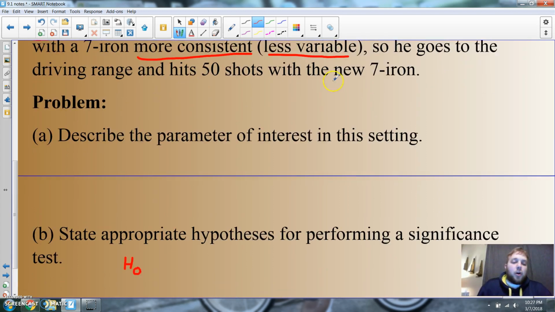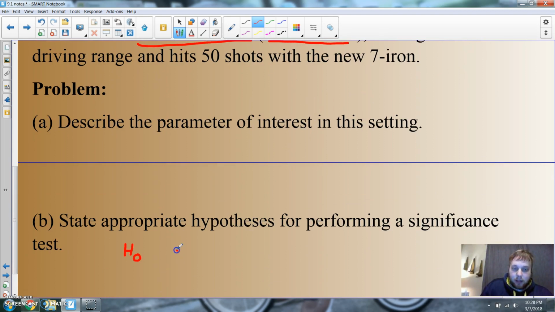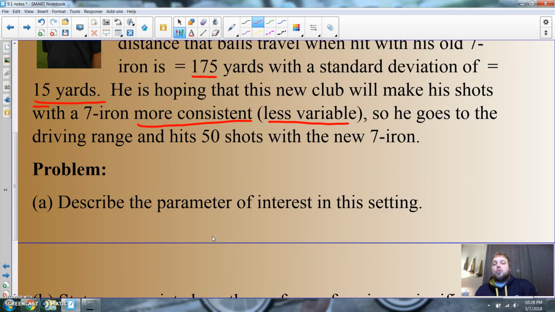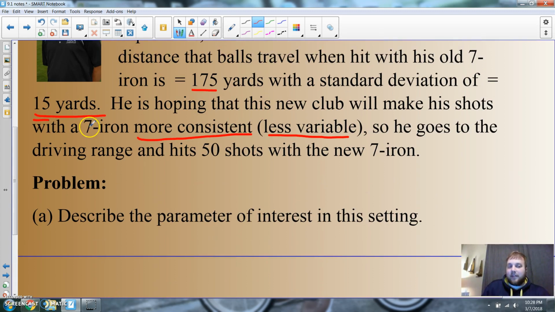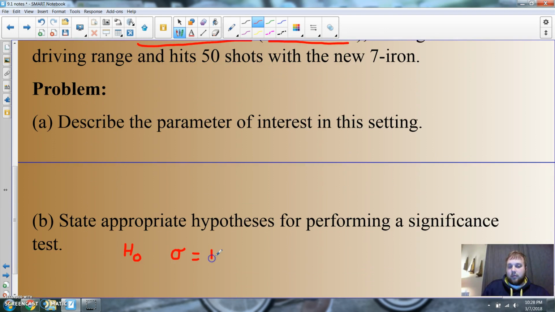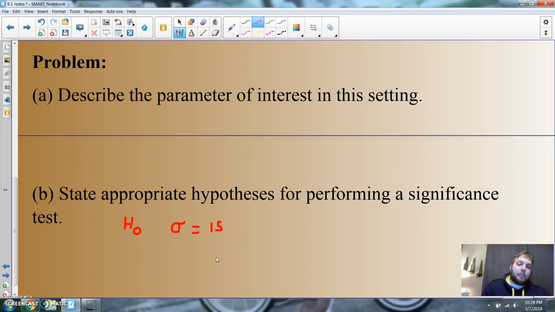Okay? So, my hypothesis is, I'm going to assume that these new clubs should have a standard deviation of 15 yards. Remember, the new clubs, Mr. Weagle's clubs might hit different, but I'm going to assume it should be at 15. Now my alternate hypothesis